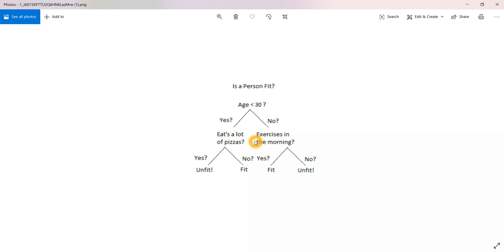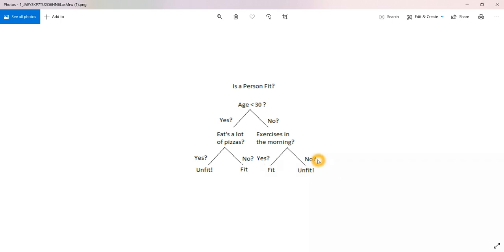Is the person fit? If age is less than 30, and yes, if he eats lots of pizzas and this is also true, he is unfit, and if this is false, he is fit. And if age is greater than 30, meaning age less than 30 is false, then check exercise in the morning: if yes, he is fit, and if no, he is unfit.